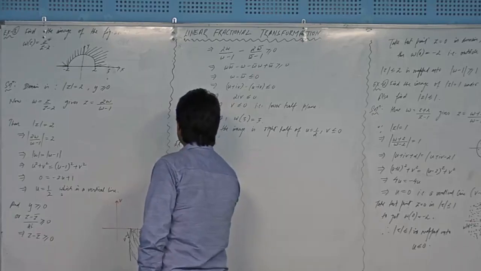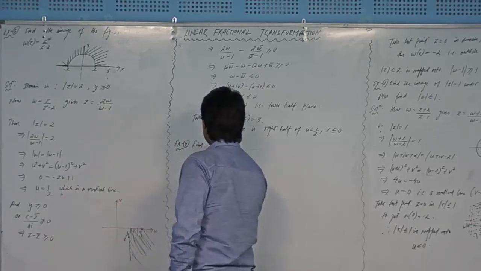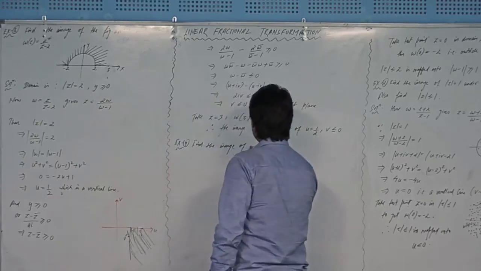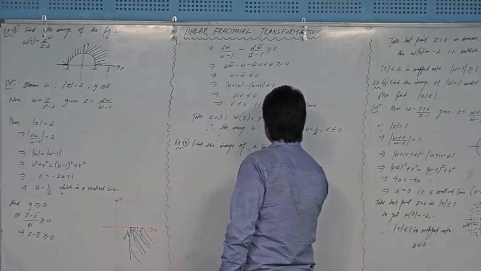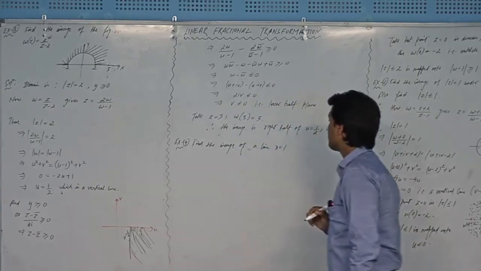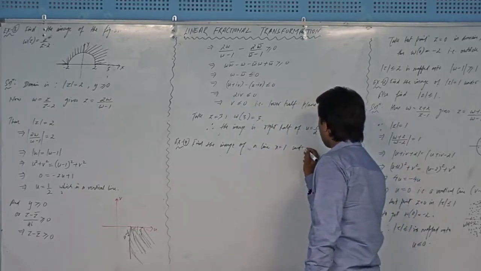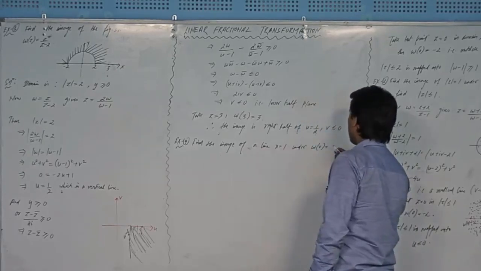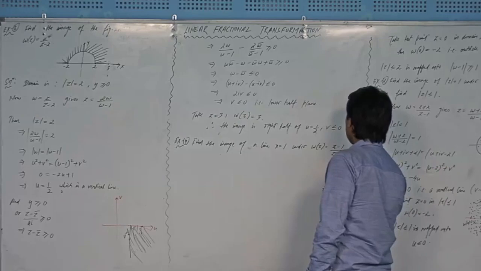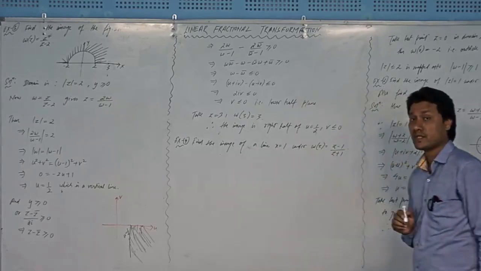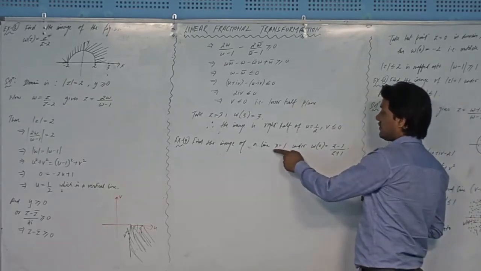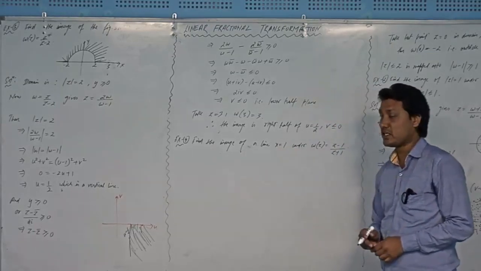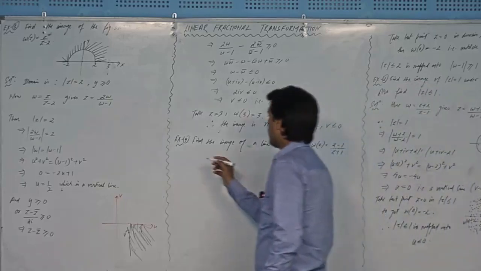Example number 4, find the image of a line, and that line is x equal to 1, right? Under w equal to z minus 1 over z plus 1, right? This time you are given a line and you have to find its image, right? Let us see what happens, whether a line is mapped to a line or a line is mapped to a circle, right? Solution,